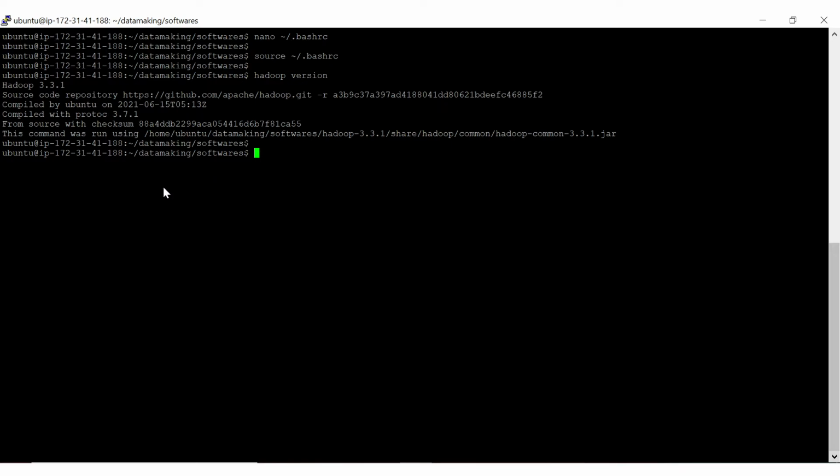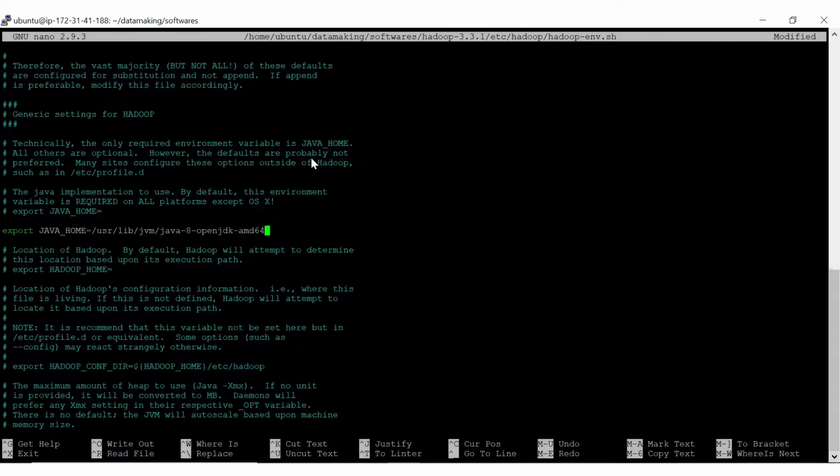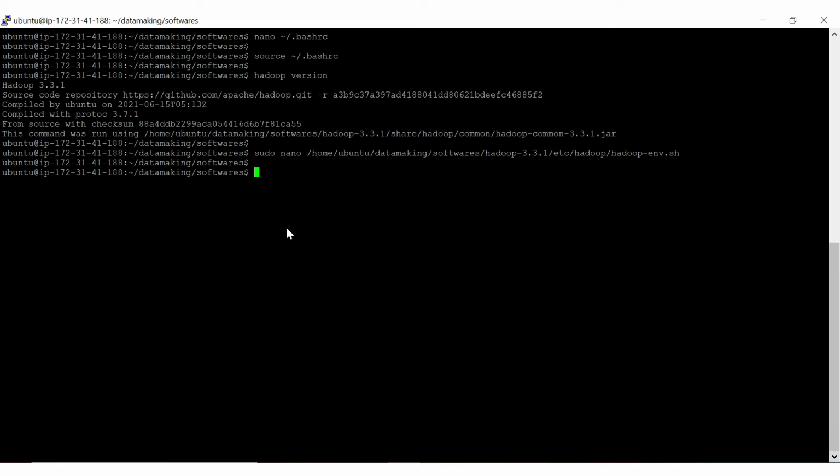Now, to fully use this Hadoop single node cluster, we need to do some configuration changes. For that, I first need to put the Java home inside the Hadoop environment file, which is located inside your Hadoop folder. There will be an etc folder, inside that a hadoop folder, and inside that a file called hadoop-env.sh. So this is the location. I am opening the nano editor. Here I put export JAVA_HOME and the root path of the Java installation location, and save it. So this is done.